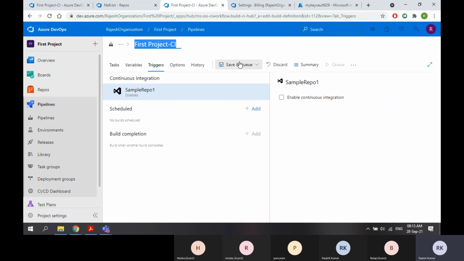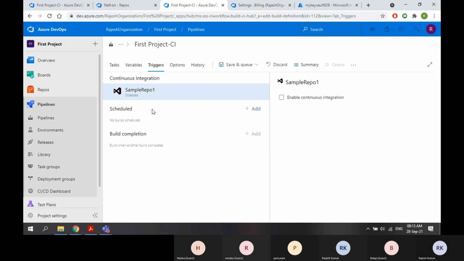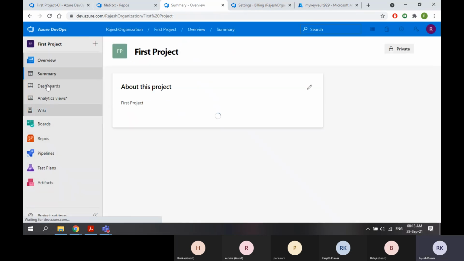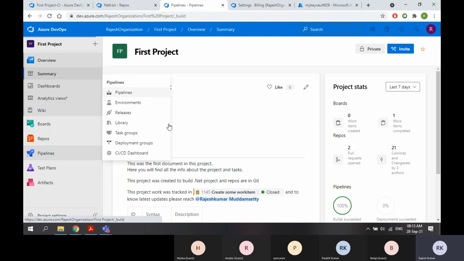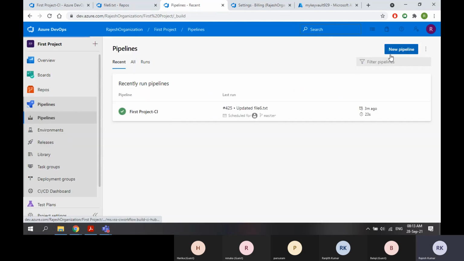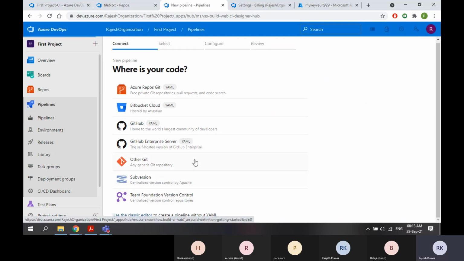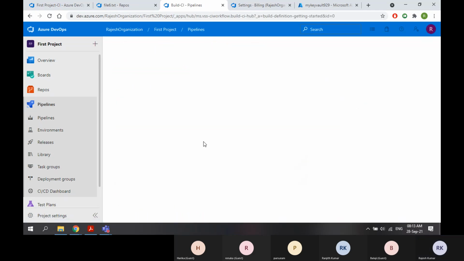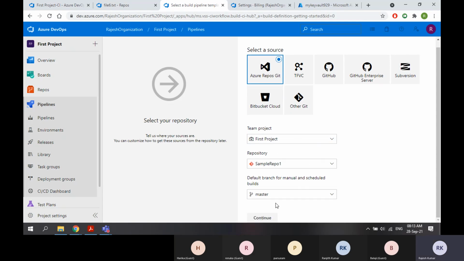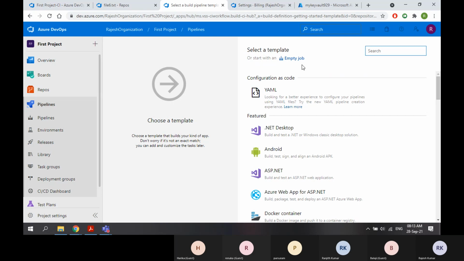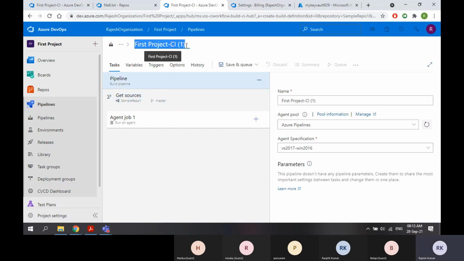So I will save this for now and I will go back. I will create a simple sample pipeline just to have a build completion trigger. So new pipeline, go for classic. Let it be empty job.